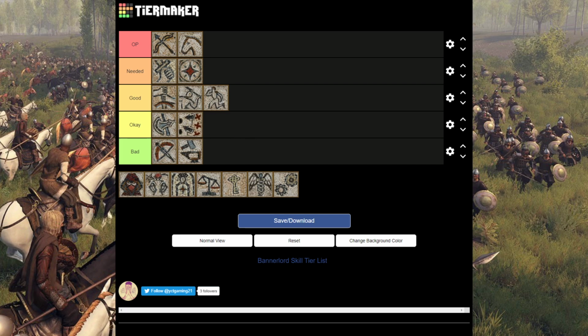Roguery. So this improves your battle loot. It gives you a 0.25% increase to the amount of loot you will receive from battle. And I think with the recent changes, it actually becomes kind of good. You get a lot more money. It's easier to actually earn because you can get it from raiding multiple things now, and also from raiding villages,